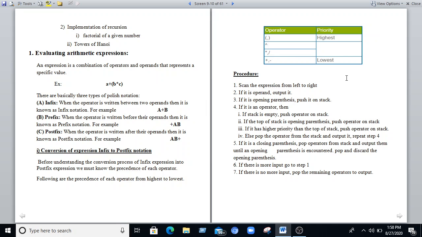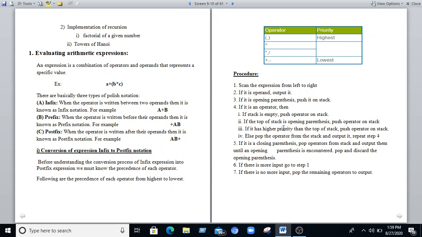We need to follow this procedure. We'll scan the expression from left to right. If it is an operand, output it. If it is an opening parenthesis, push it on the stack. If it is an operator and the stack is empty, we'll push the operator onto the stack.